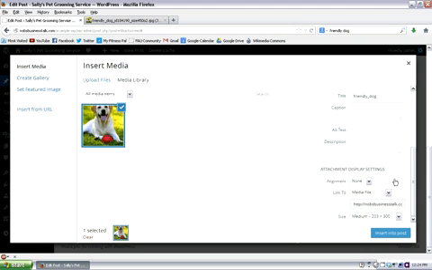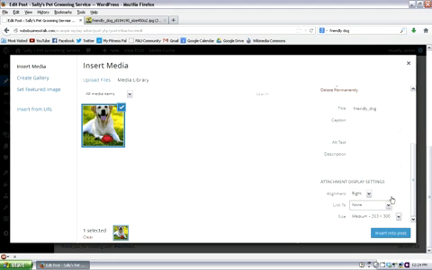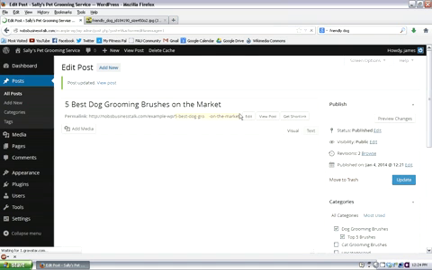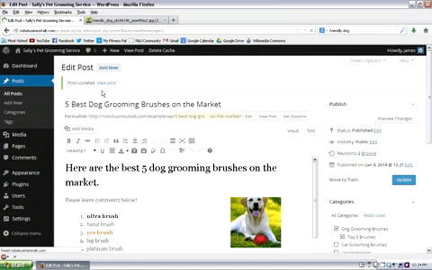It goes attachment display settings, and it's going to ask me for the alignment. Now I always align these right, and it's going to ask what do you want to link it to, and I'm going to put no link, and it's going to ask me what size I want to put it in. And for this one, it's not a big blog post, so I'm just going to go 150 by 150. Insert, and there it is. Now I'm going to click the update button,